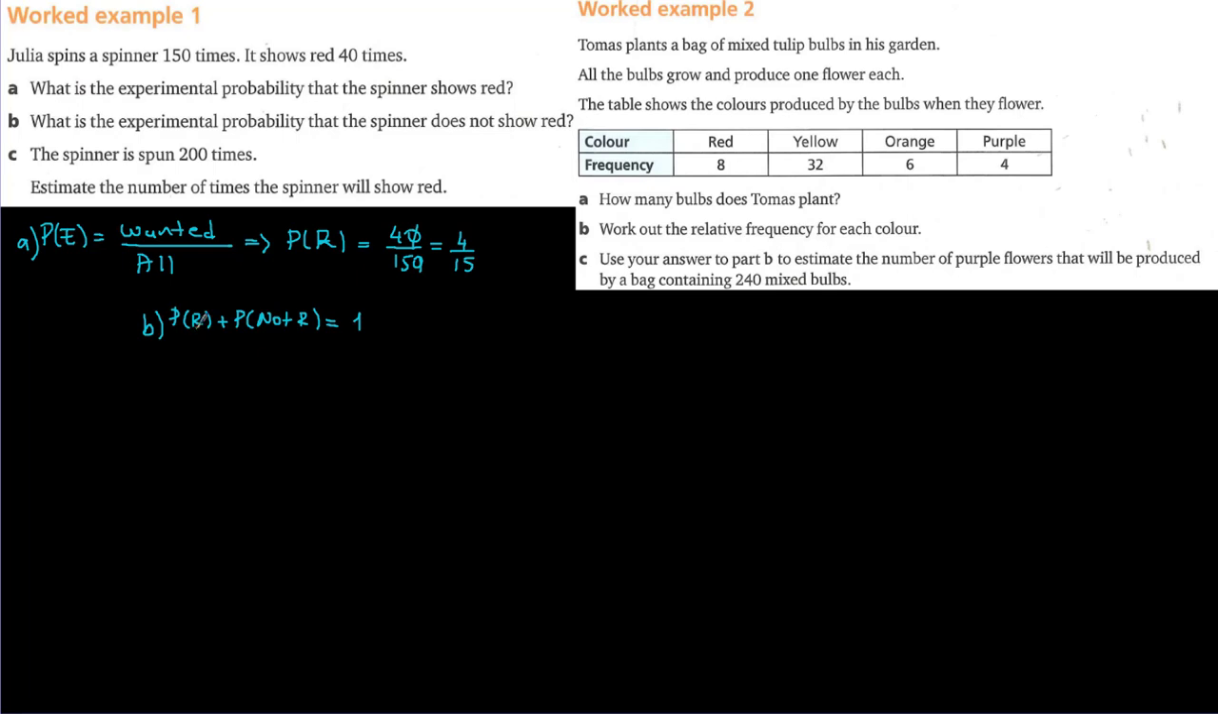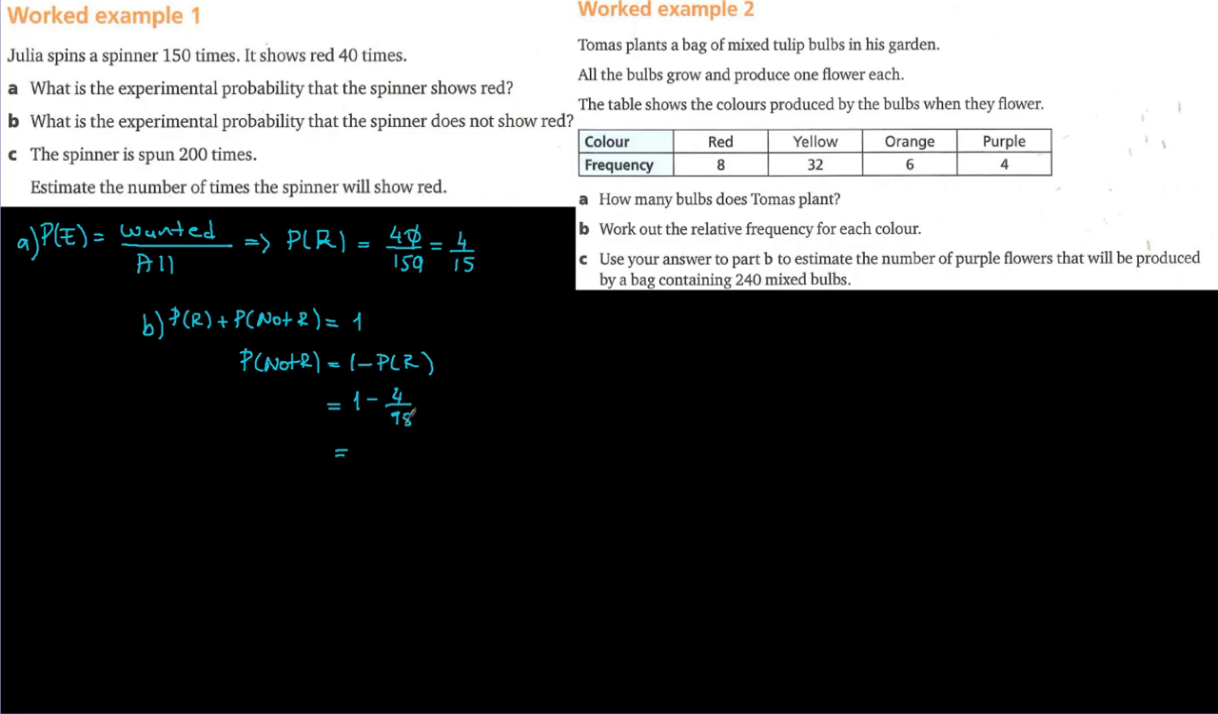Again, I'm repeating, the probability of everything is always 1, which means probability of red plus probability of not red. These are the only possible cases here. It will be red or not red. So the total sum of the probabilities of these two conditions should always be equal to 1. So when you want to find the probability of not red, you should get 1 minus the probability of red, which is sent to the other side. And we know that the probability of red from part A is equal to 4 over 15. So 1 minus 4 over 15 is going to be